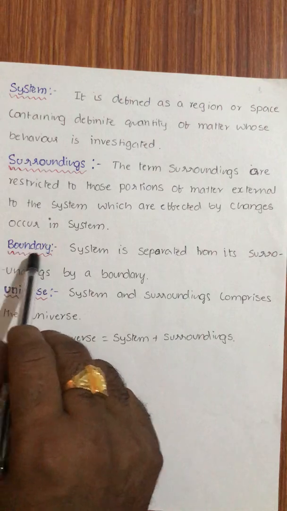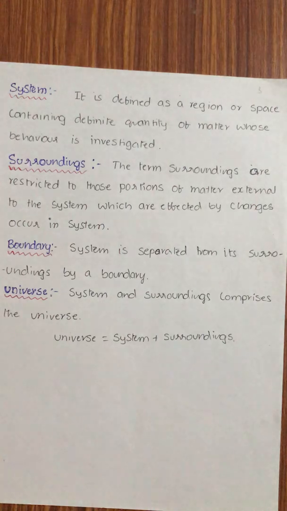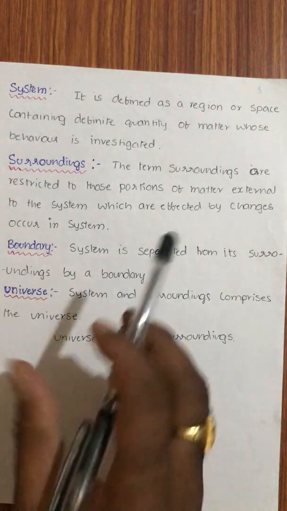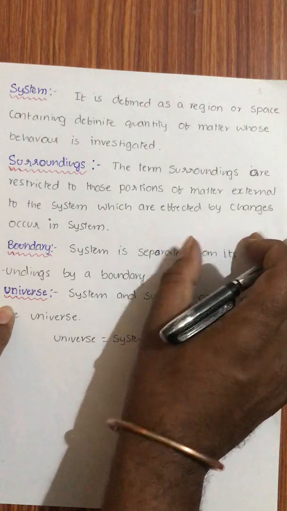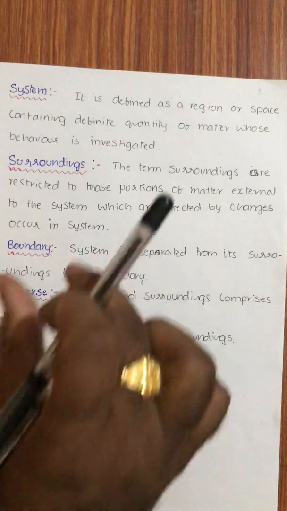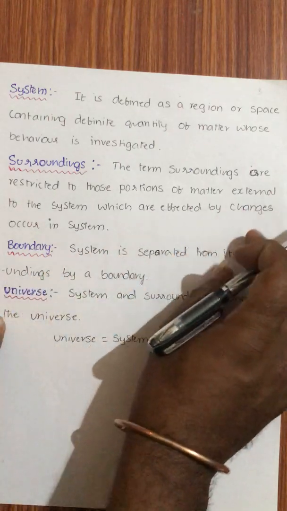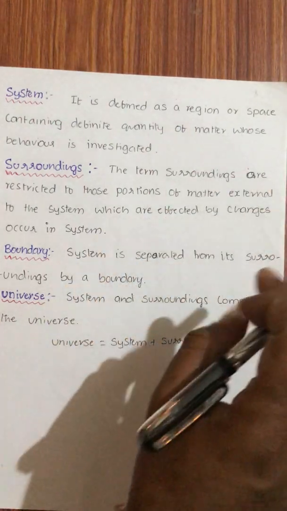Okay, and boundary. A system is separated from its surroundings by a boundary. For example, consider coffee in a cup: the coffee inside the cup is the system. Here the surroundings means that because of this coffee, some amount of air is also heated. If I place hot coffee here or cold ice cream here, and consider the cold ice cream or hot coffee as a system, only up to some extent of distance does this hot coffee heat the air. Only up to some extent of distance does this ice cream cool the air. That distance is called the surroundings.